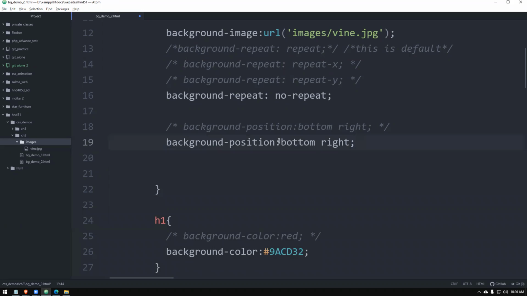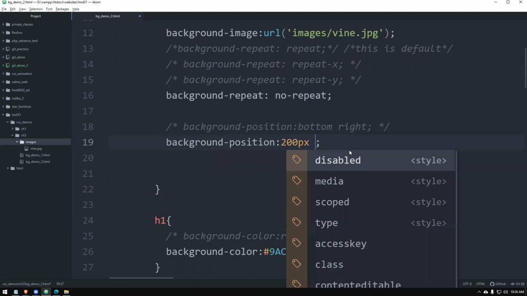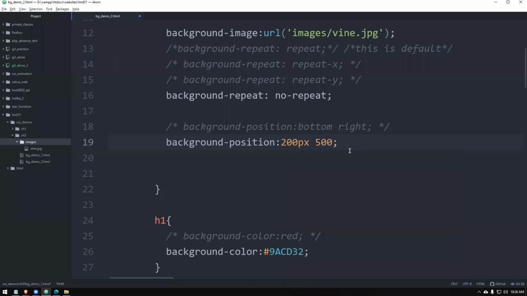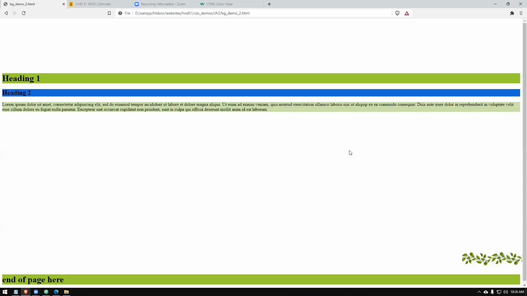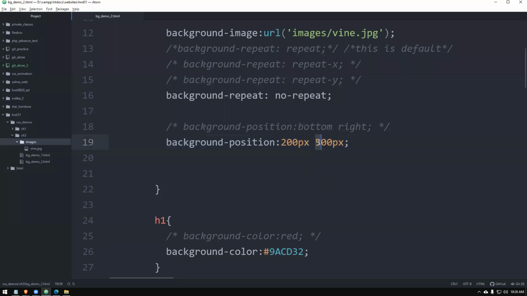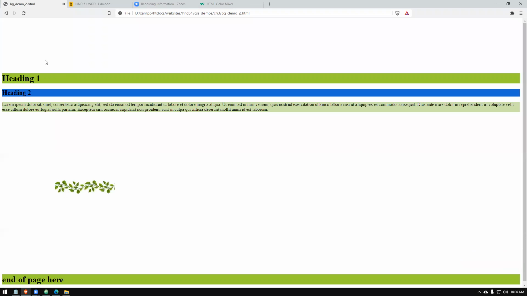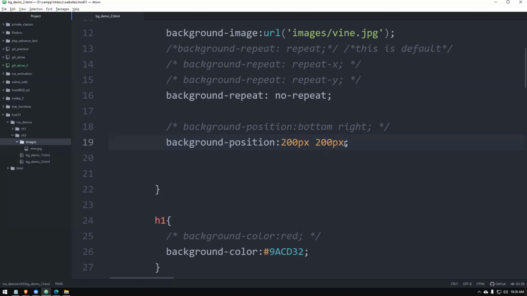Okay, right. So we're going to give the background position. If we give top values, for example, let's say 200 pixels by 500 pixels, these are X and Y values. So it's going to come exactly there. If you reduce this one, then it's going to go up. See, that is possible. So that is another way that you can control. Anyway, Nirmal asked whether you can increase the size. That is not possible here.